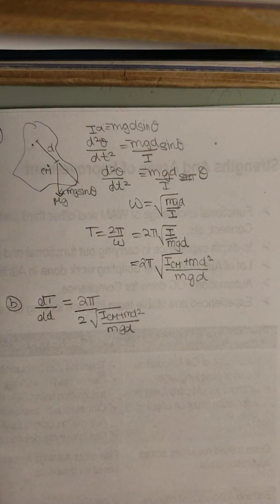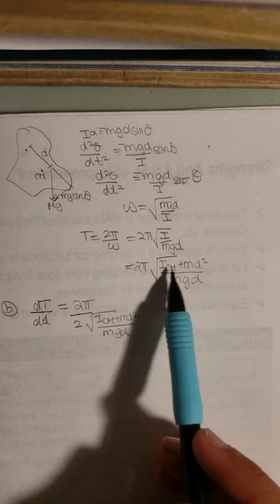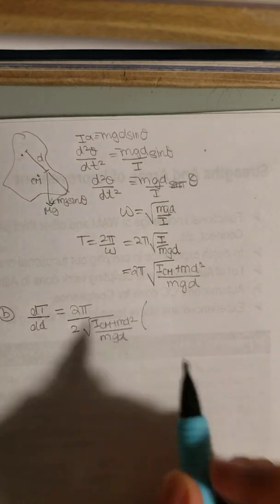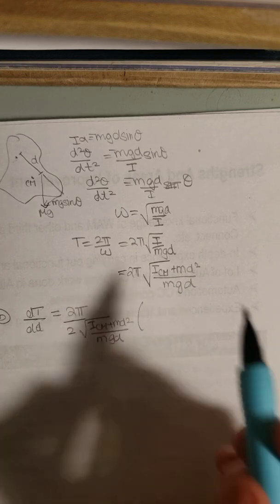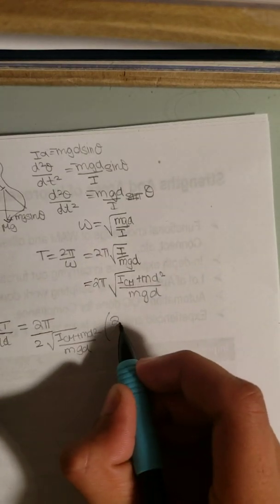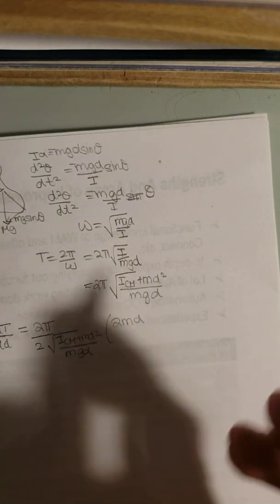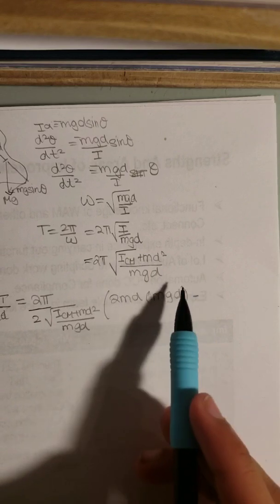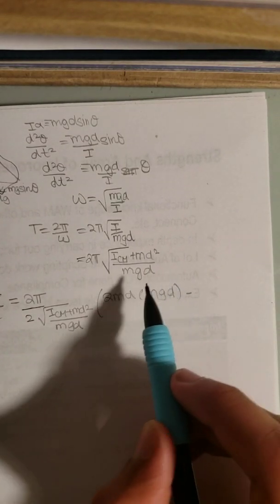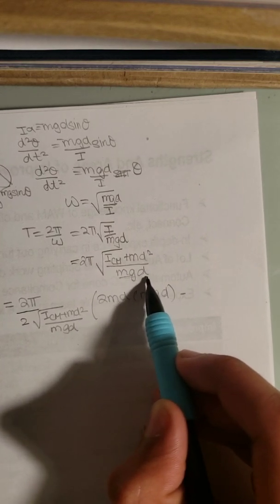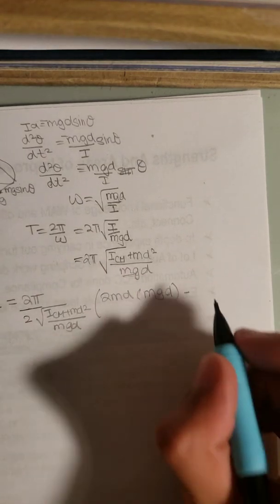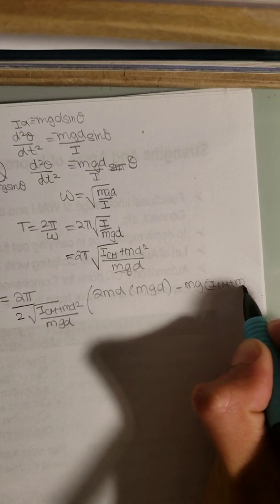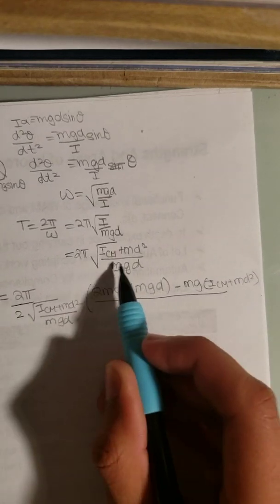Now we'll have to apply chain rule. So we basically see this entire term, ICM plus md squared divided by mgd. So we'll approach this part by using quotient rule. So first, the derivative of the numerator: ICM is just a constant. For md squared, we get 2 md, and we multiply that whole expression times mgd, minus the derivative of the denominator. So the derivative of mgd would be mg, since these two are constants, and d's the variable that we're differentiating against. So minus mg, and then the top term as it is. And in the bottom, we just write this whole expression